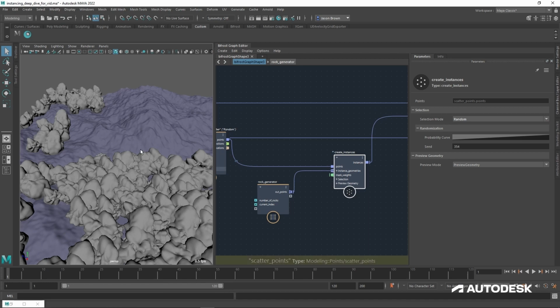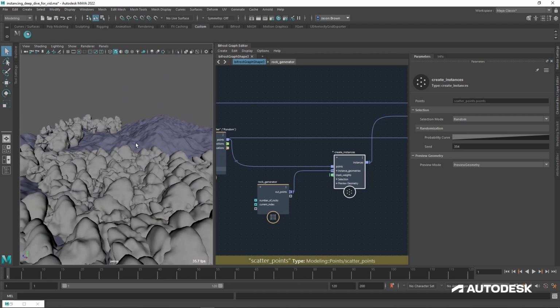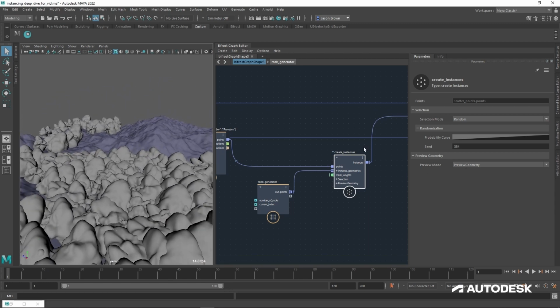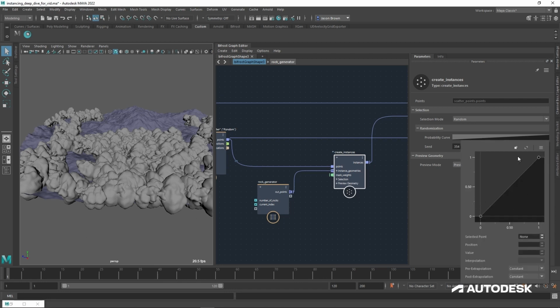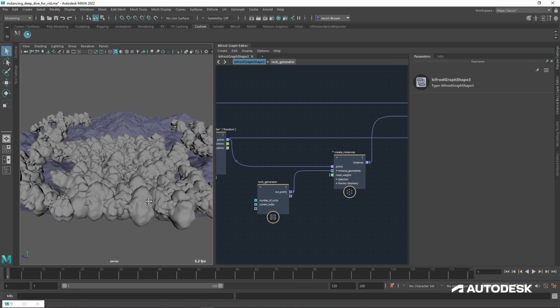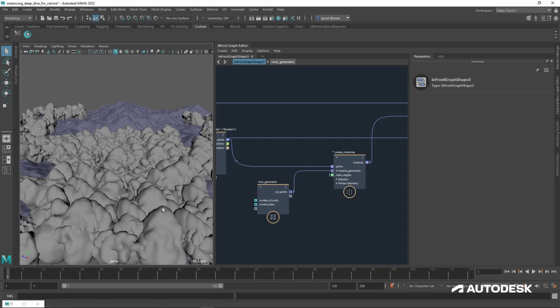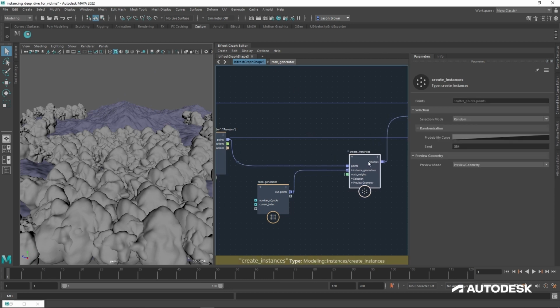Bang. So the really nice thing about the instance random selection is that if I had 10 rocks that ranged from very rough to very smooth, or very small to very big, I could select the probability on a curve of what rock would be scattered the most. So, again, these are the rocks coming in, and this is the probability going out. But because they're all pretty much the same rock in our instance, we'll do this a different way. I just wanted to mention that because it might come up later. There may be a test.